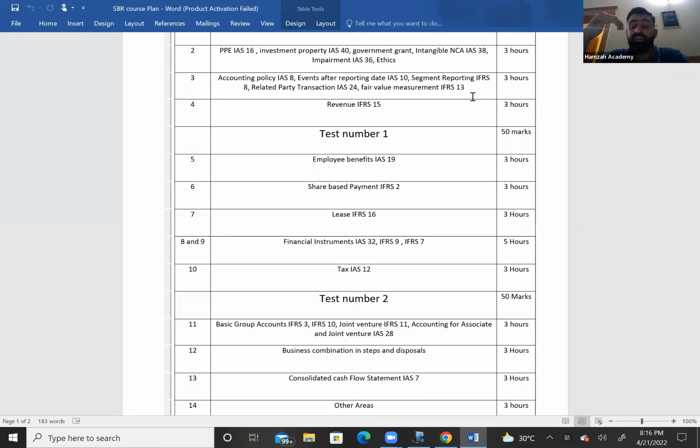We will discuss the accounting of the lessor. We will discuss the sale and lease back, lease modification, lease reassessment, and so many things like that. We will be studying in IFRS 16 lease. Then